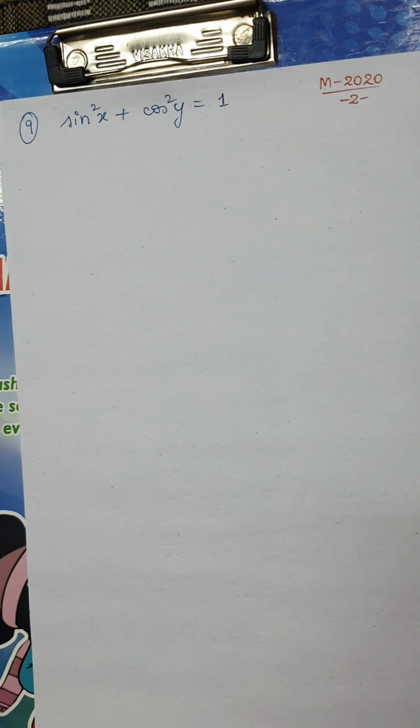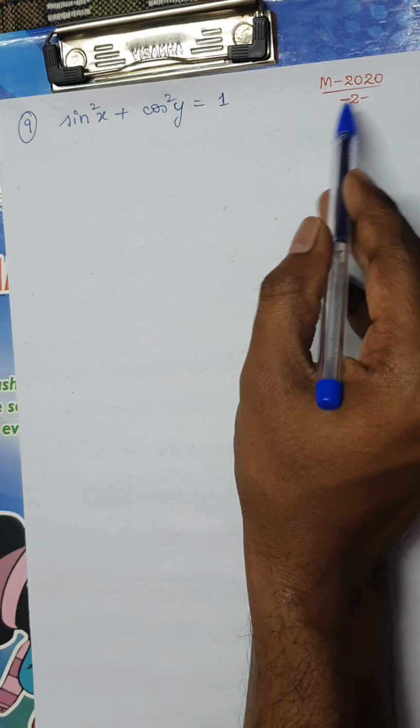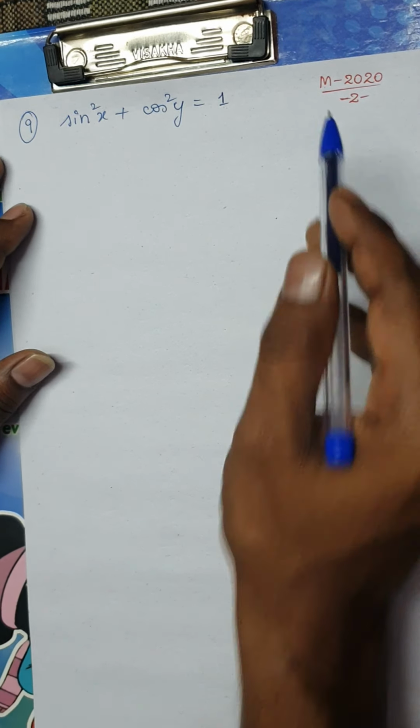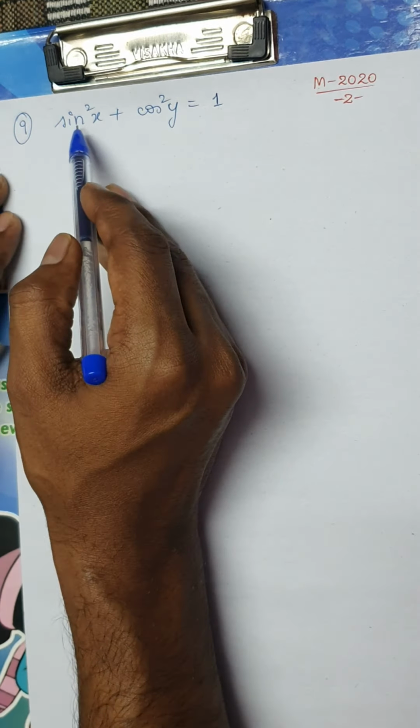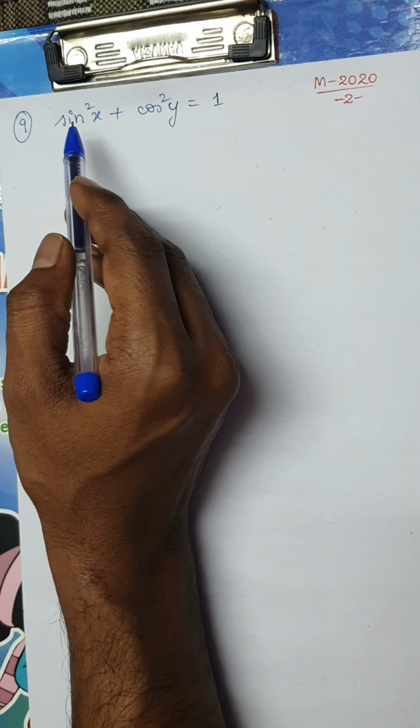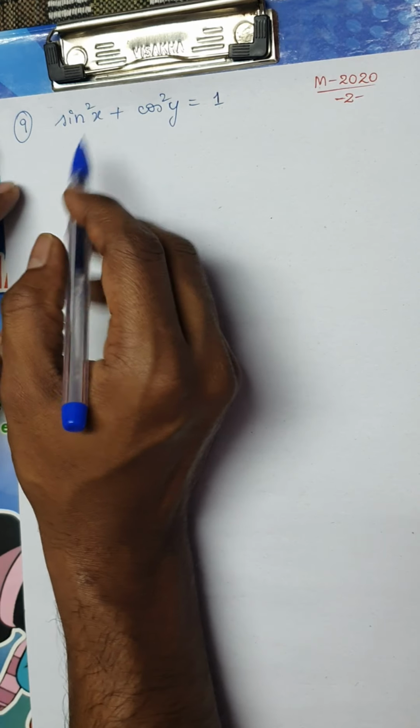This question has been asked very recently, that is March 2020, for 2 marks. We can see here there are chances of questions being asked from the exercise in a fresh way, okay. So you can expect the questions which have not been asked even once for this year, okay.